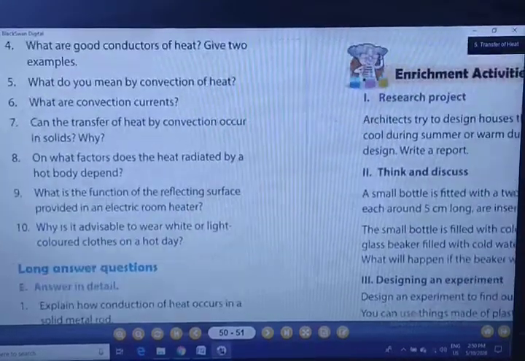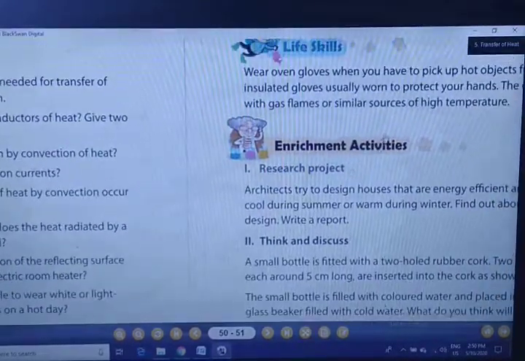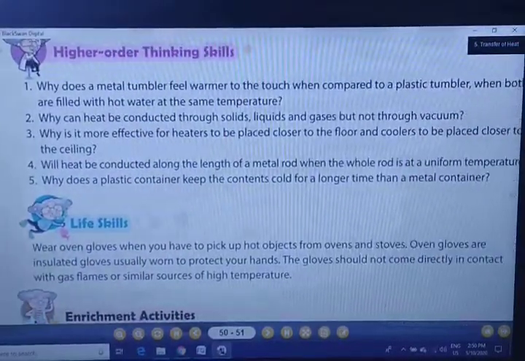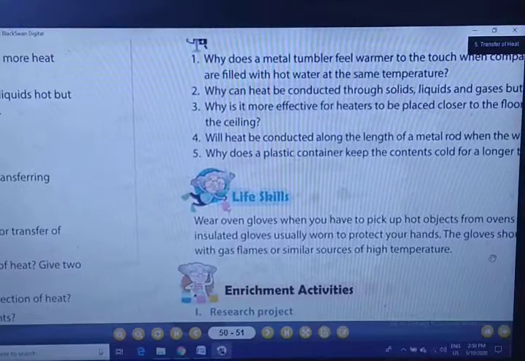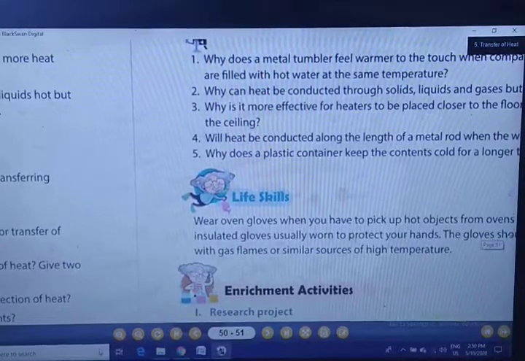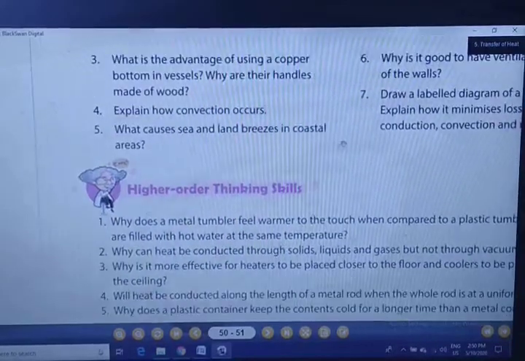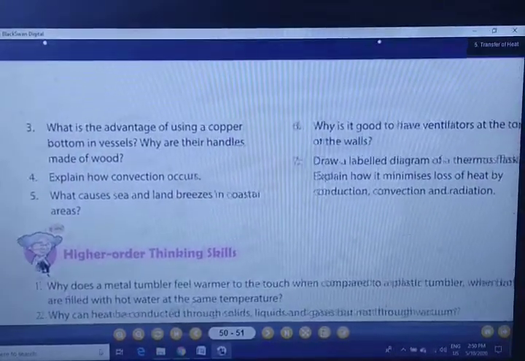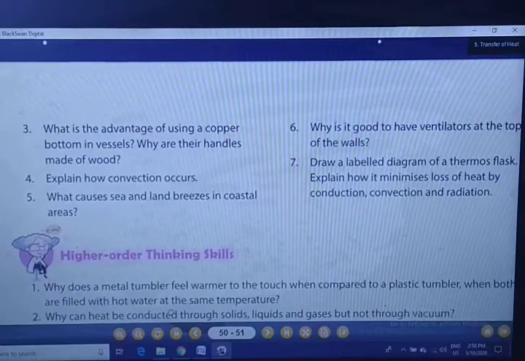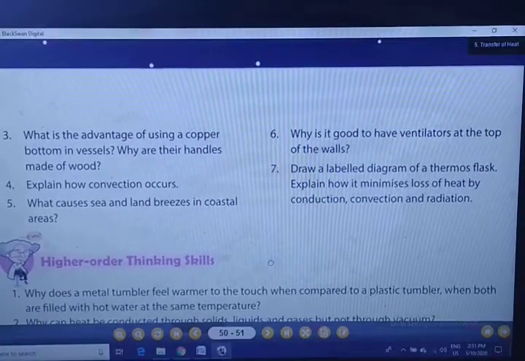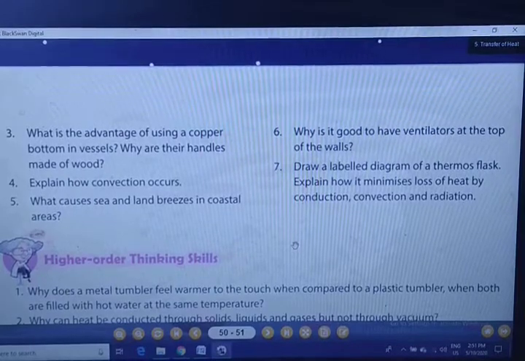Very good. Now the rest of the long ones. No, only 2 are there? No, 5 are there. No, this is higher order thinking skill. So long only and only. No, dear student, there are a total of 7 questions here. So 2 and 4, 5 here. Right? So can you take the screenshot of these 5 questions also? Now you have taken the screenshot of all the questions.